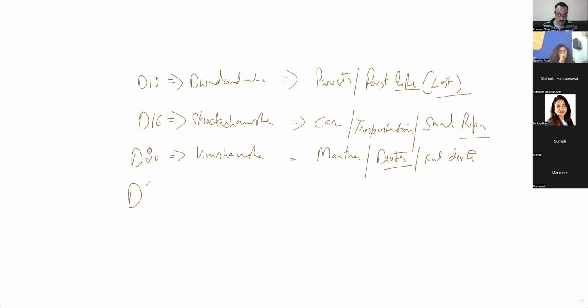Then we've got D24. Okay, D24, this is called Chaturvimshamsha. This is Chatur, which is D24. This is actually seen for your knowledge, the knowledge that you will get from your religion, from your spirituality, from the guru,